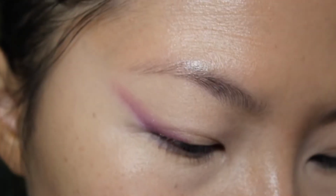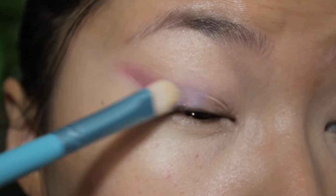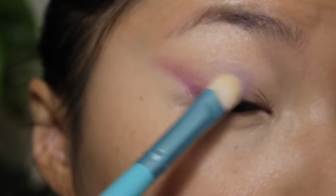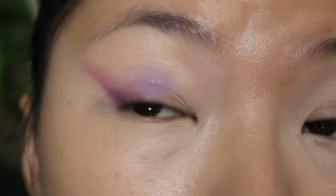Let's do the light purple, this C4 shade. Seems like a really pretty shade. Let's do that. I'm gonna pack it on the eyelid above the crease. Just want to see what it turns out, because purples like this are normally not very simple to make. It's either very ashy or...